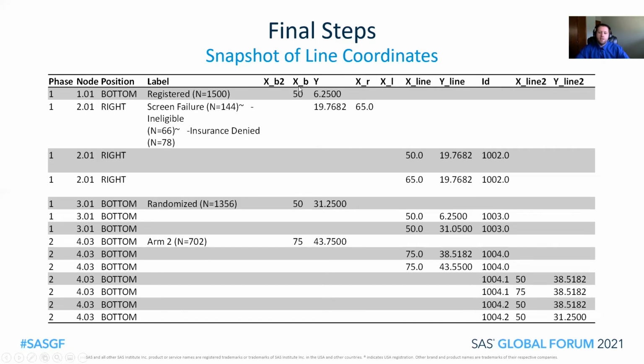I also wanted to mention that I have 3 X variables for my text boxes, technically 4. This one doesn't get used as much. This stands for X bottom, X right, X left. That's because the text boxes themselves have an option with the position option to have that position value be determined by a variable. But if you do that and you split justify at the same time, it gives you the wrong position. It just seems to be a glitch. And so I just make 3 different text statements with the 3 different positions that I need.